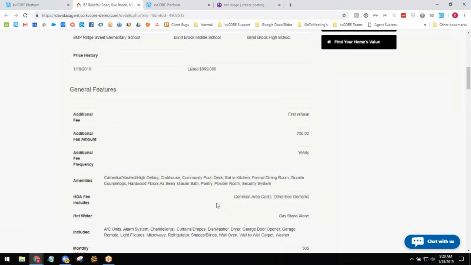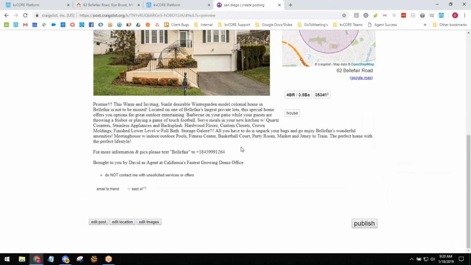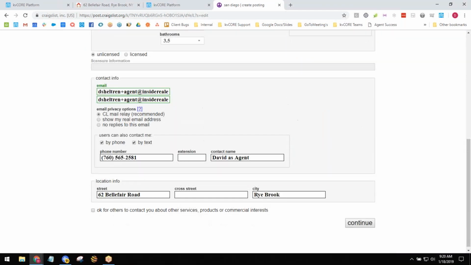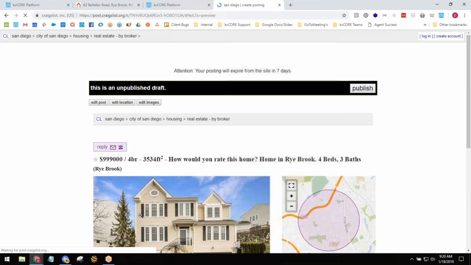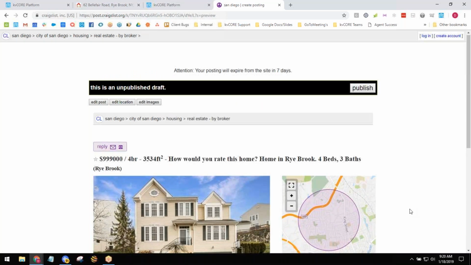And so that's how we're going to get that working for our text codes and the Craigslist auto post. We can get as creative as we want here. We can go in and edit the post and add more images. I think that was actually the option down here, edit images. If we wanted to add more, we can. If it's our listing, we can just dump those in there and do that sort of thing. So cool, that's how we're going to do Craigslist auto post.